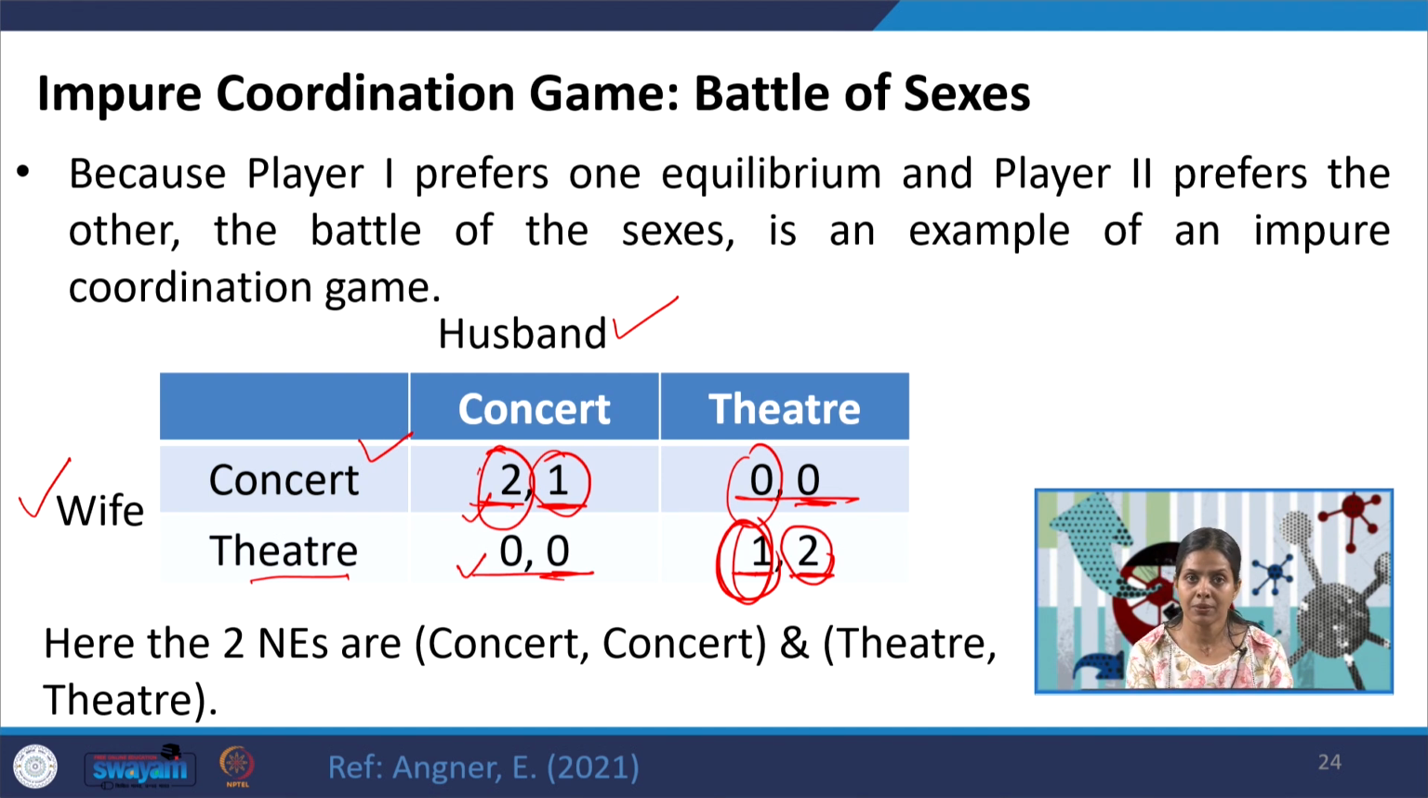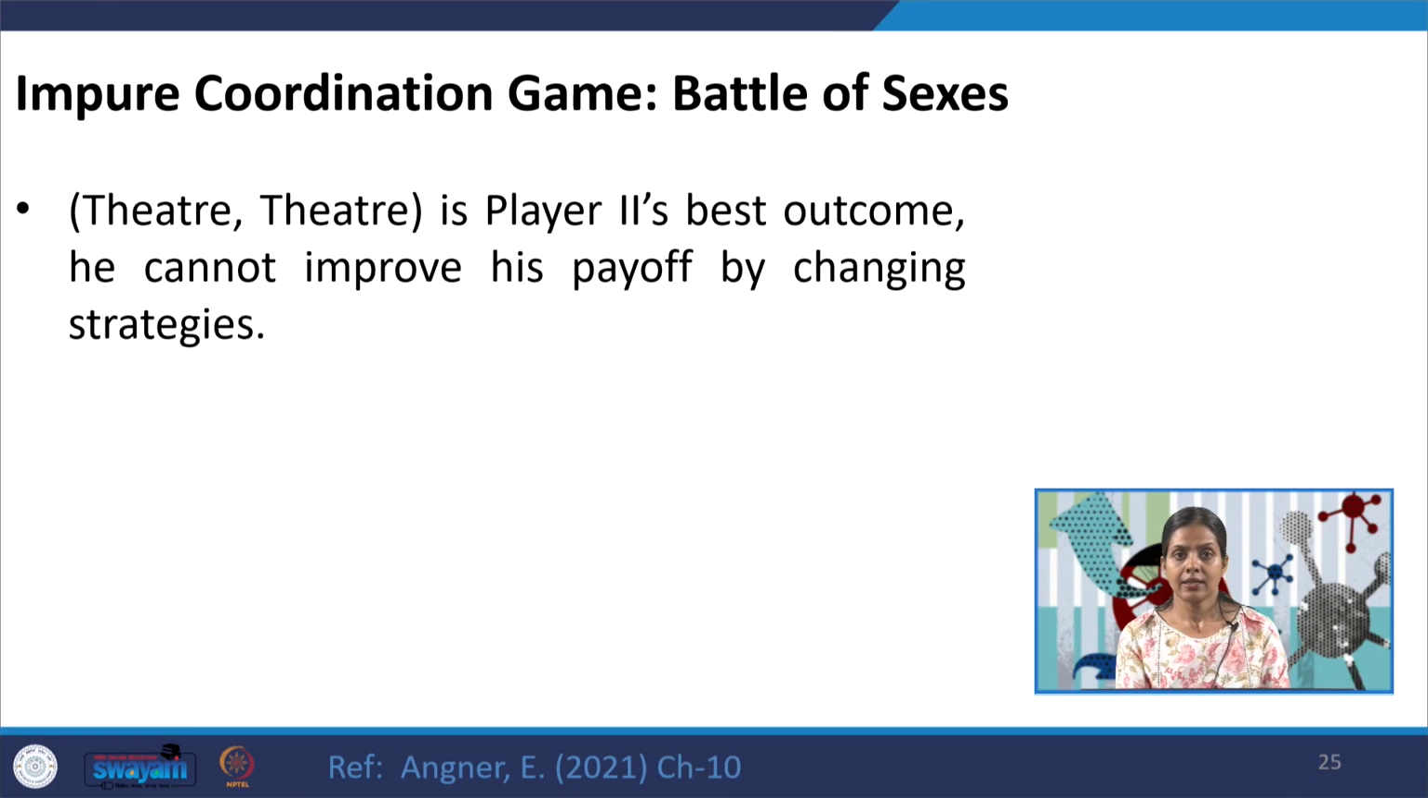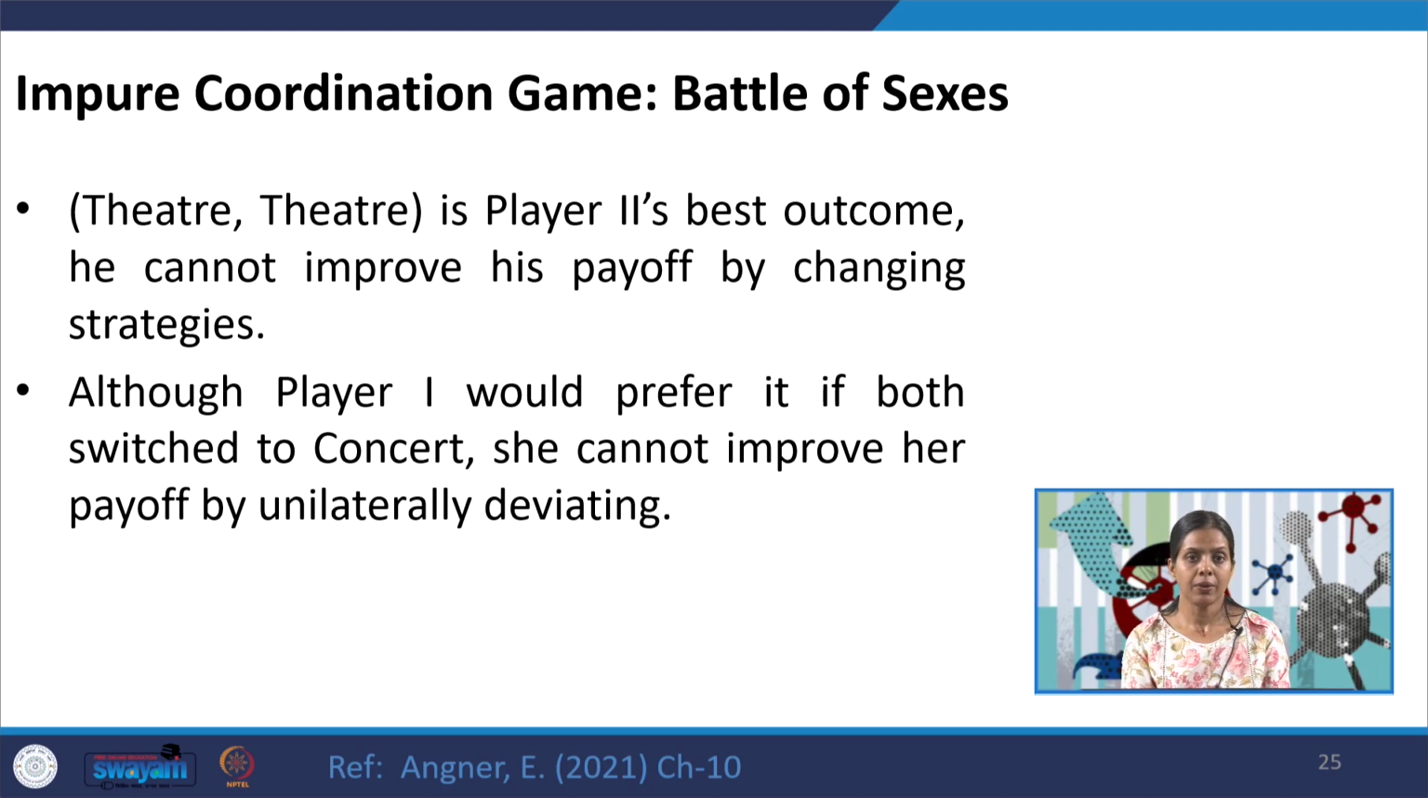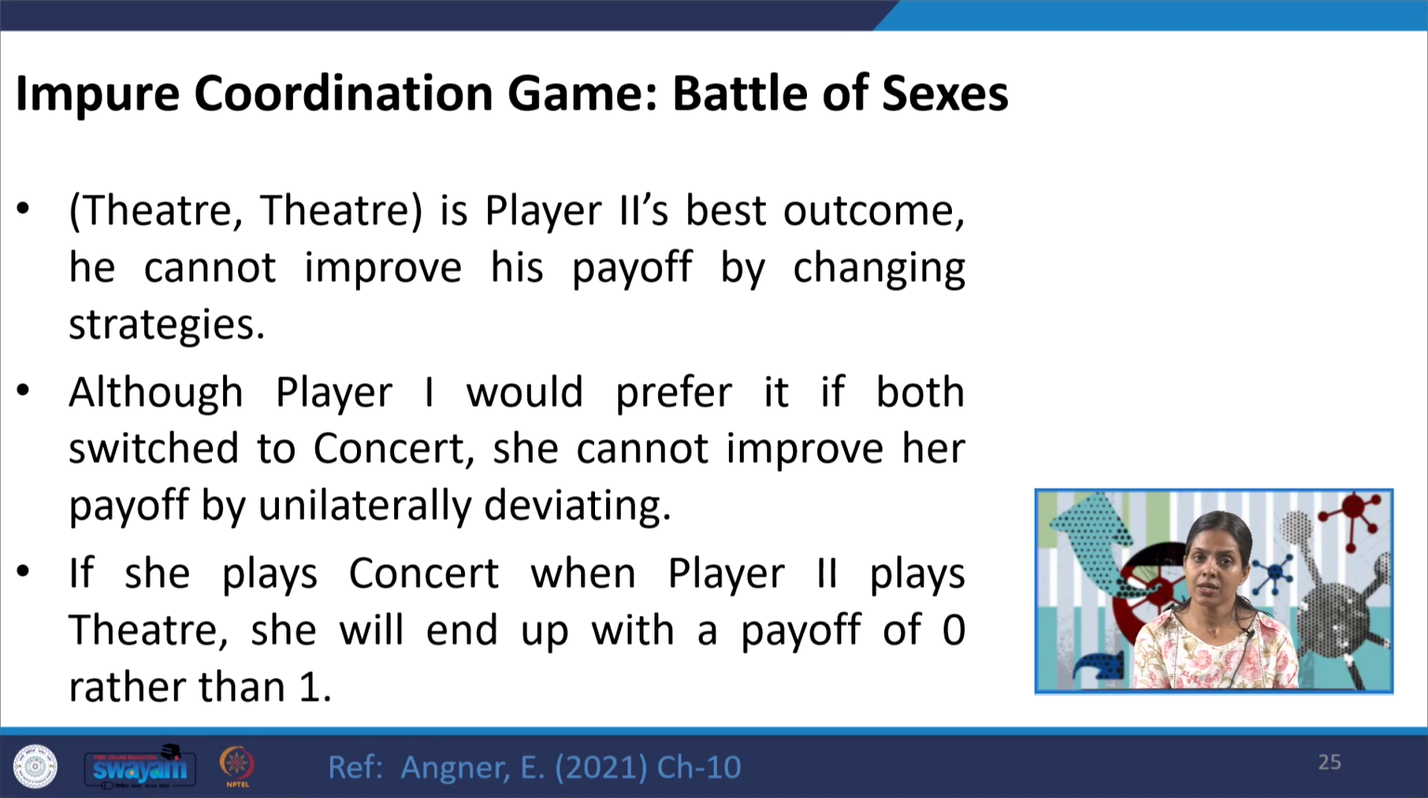Because player 1 prefers one equilibrium and player 2 prefers the other, the Battle of the Sexes is an example of an impure coordination game. Theatre, theatre is player 2's best outcome. He cannot improve his payoff by changing strategies. Although player 1 would prefer it if both switched to concert, she cannot improve her payoff by unilaterally deviating either. If she plays concert when player 2 plays theatre, she will end up with a payoff of 0 rather than